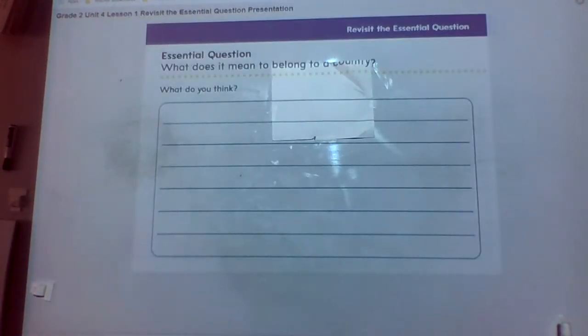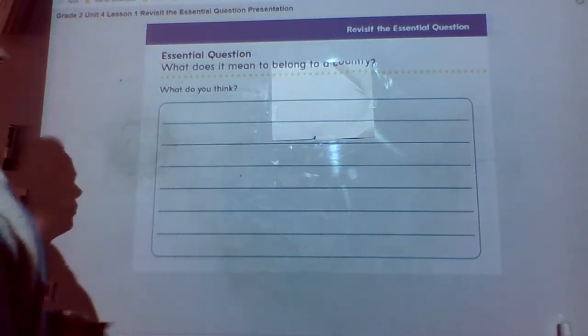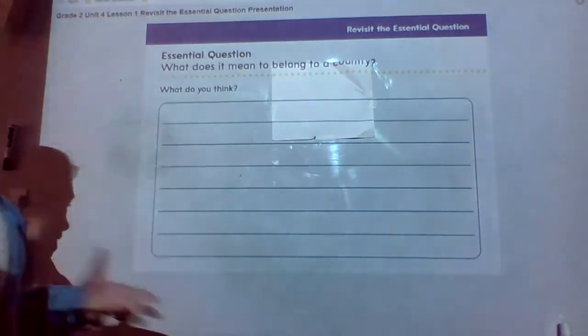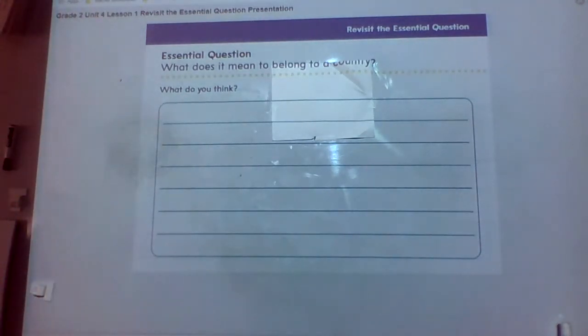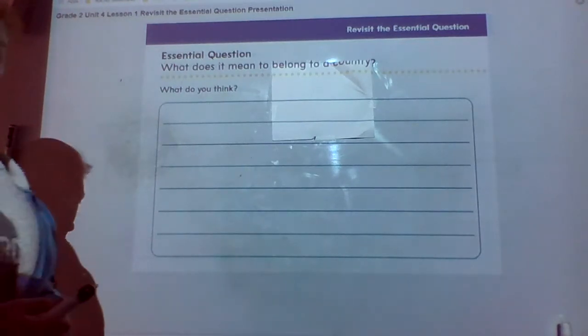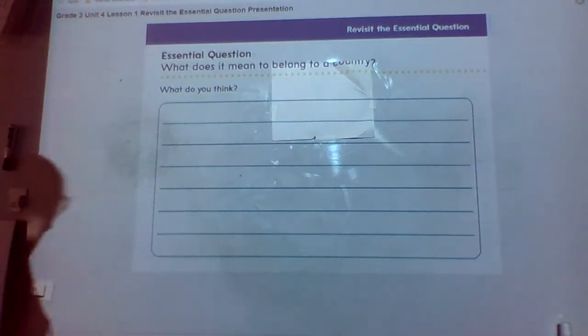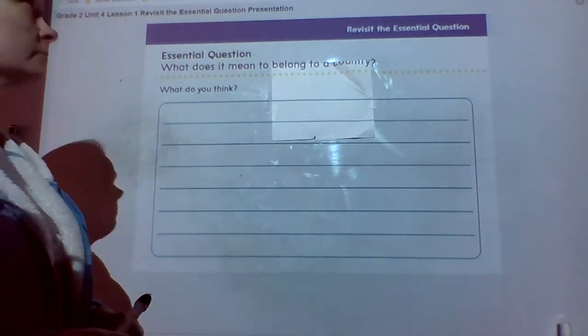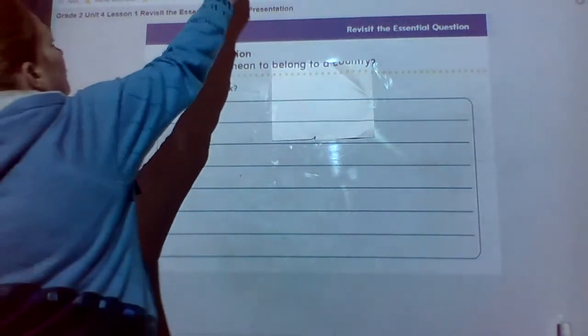All right, so, what does it mean to belong to a country? When you belong to a country, you are a citizen of that country. And you should follow the rules and anything that the country establishes that you should follow. Just like at school, we have rules to keep us safe. Countries have rules to keep you safe as well. All right. So,